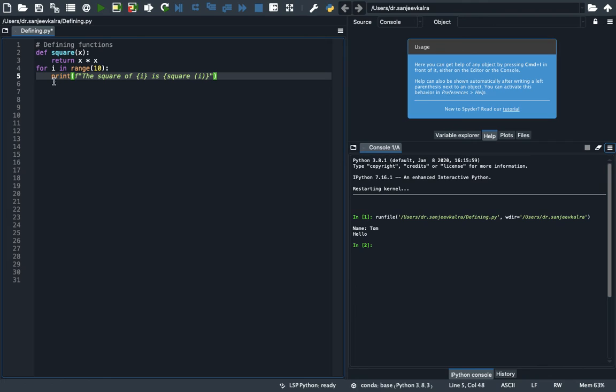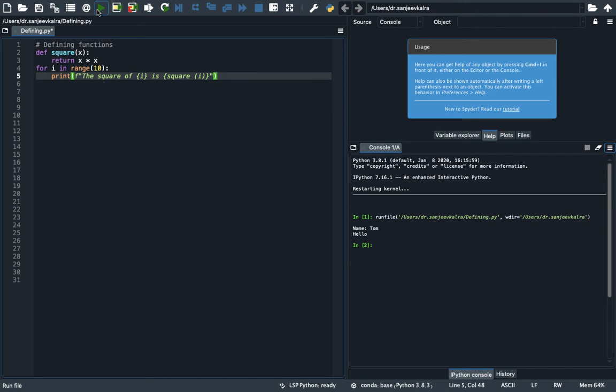So now what happened? Formatted strings are like concatenating. It's like we use curly brackets instead of the plus sign. So the square of i, whatever the value of i would be here, is the square of whatever the square would be.